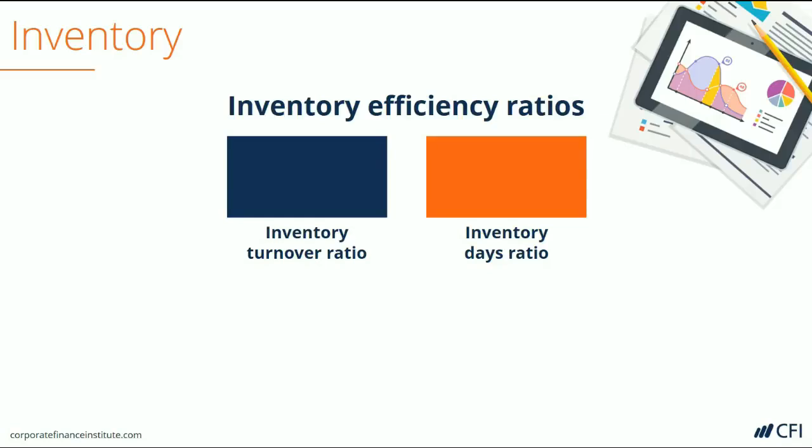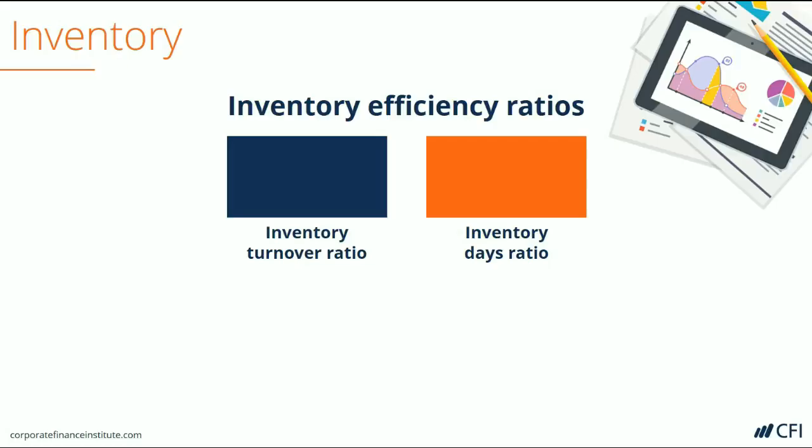Let's begin with the inventory efficiency ratios. The two ratios are inventory turnover ratio and inventory days ratio. Both ratios use the same financial information. They require the inventory balance of the balance sheet and the cost of goods sold or cost of sales figure